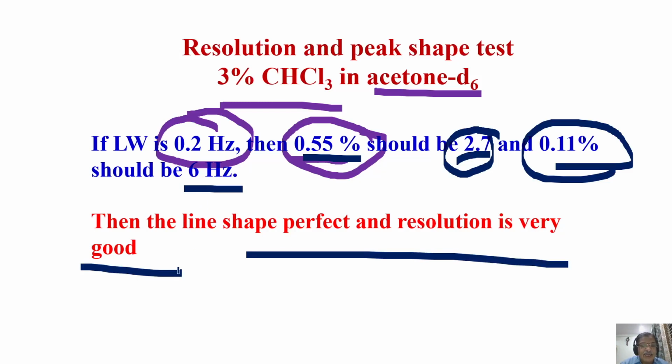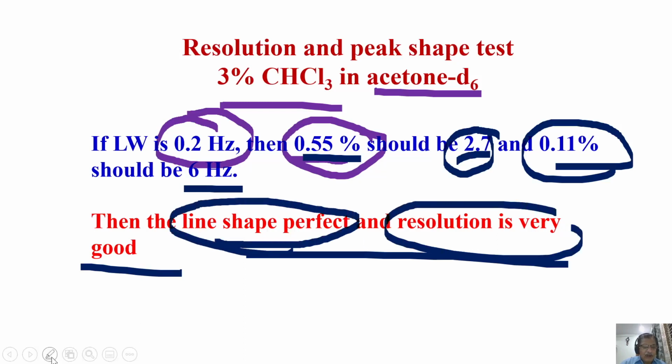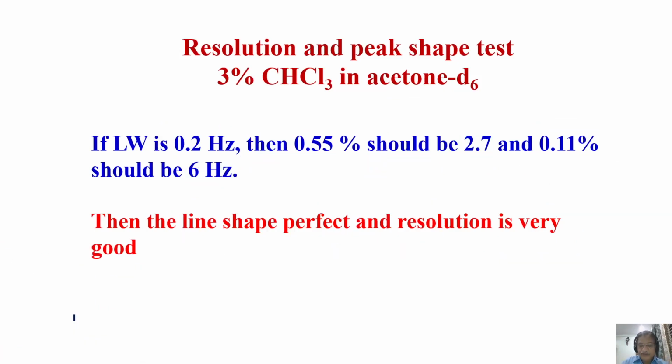Remember, after doing all our data acquisition and processing, you must ensure you get a very good quality spectrum, with a very good quality line shape. If the shapes are distorted, you get multiplicity because of inhomogeneity, and you try to interpret it as multiplicity instead of understanding it's an inhomogeneity. So we have to be very careful before starting an experiment. You always ensure the line shape is perfect and resolution is very good. And afterwards, you start your experiment.